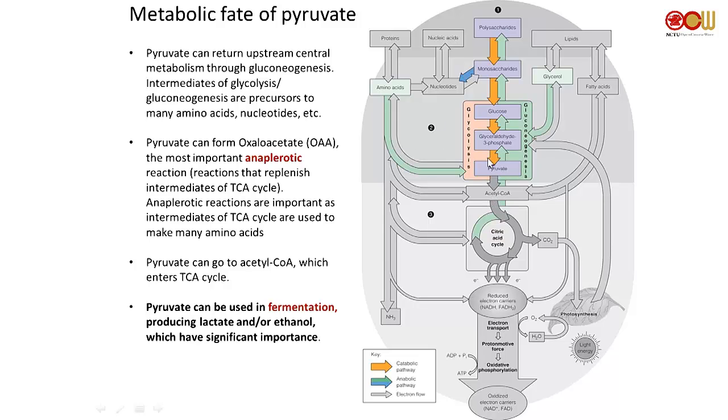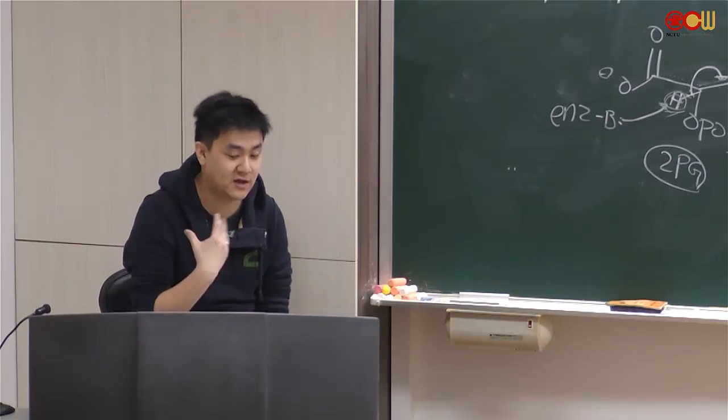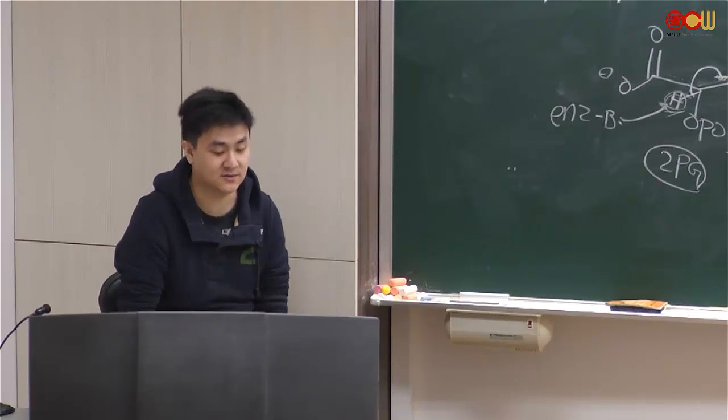So acetyl-CoA can only go to two places, where one is the TCA cycle, one is fatty acid. Of course, you have amino acids, but your body does not make a lot of amino acids. It makes a lot of fat. So if you drink a lot, you're going to gain weight, because that's just how it is. Your cell wants to store these acetyl-CoAs.